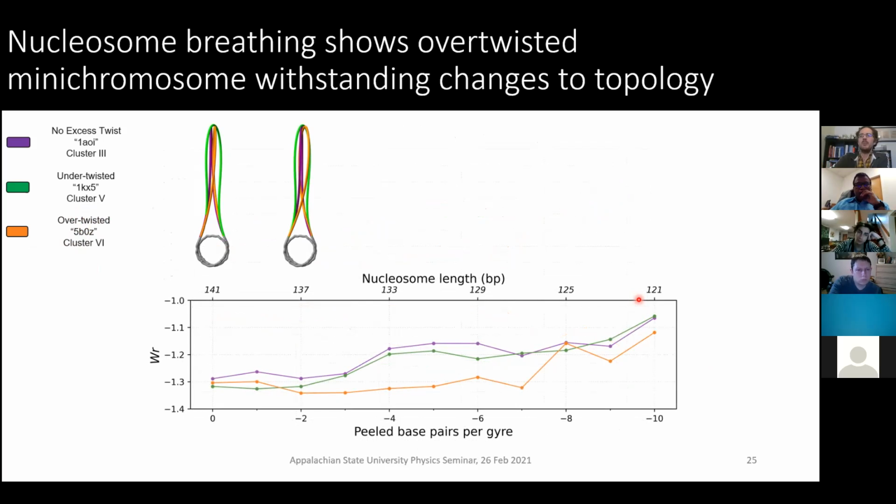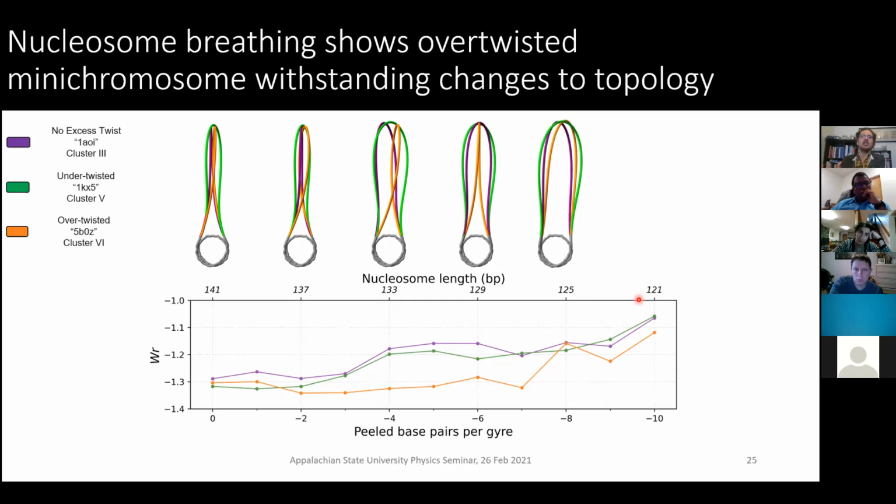And if you pay attention to the orange configuration, the orange structure, you'll notice that it maintains a closed configuration for as long as possible up until about a total length of 129 for the nucleosome. So it maintains this closed configuration. And in fact, it looks like it's kind of shifting in space as much as possible. It doesn't want to go away from that closed configuration up until a specific number of base pairs, and then